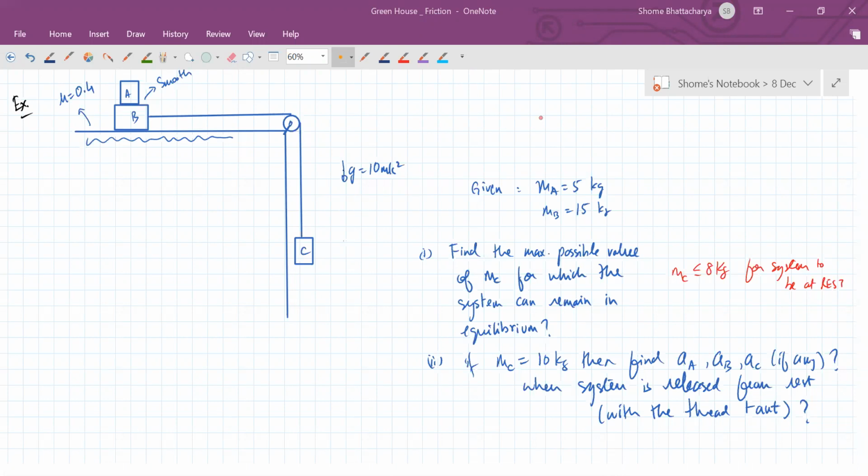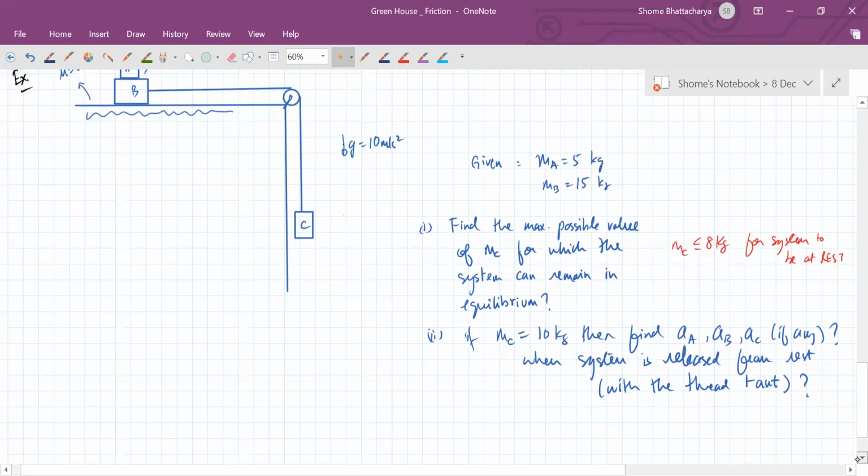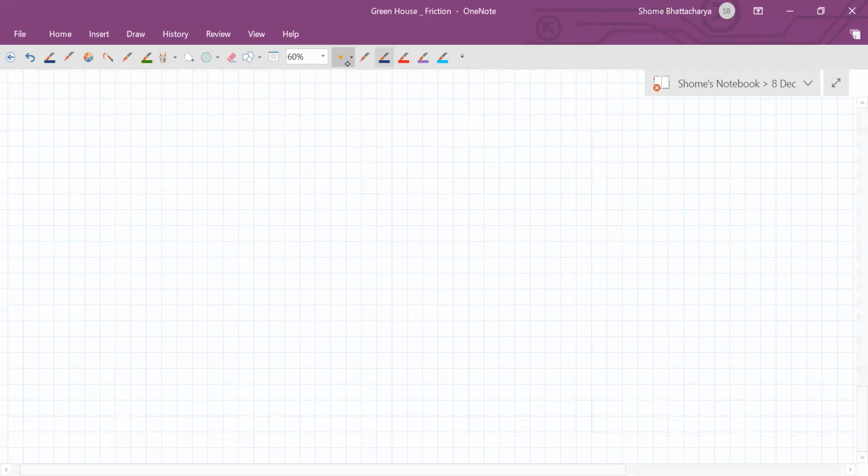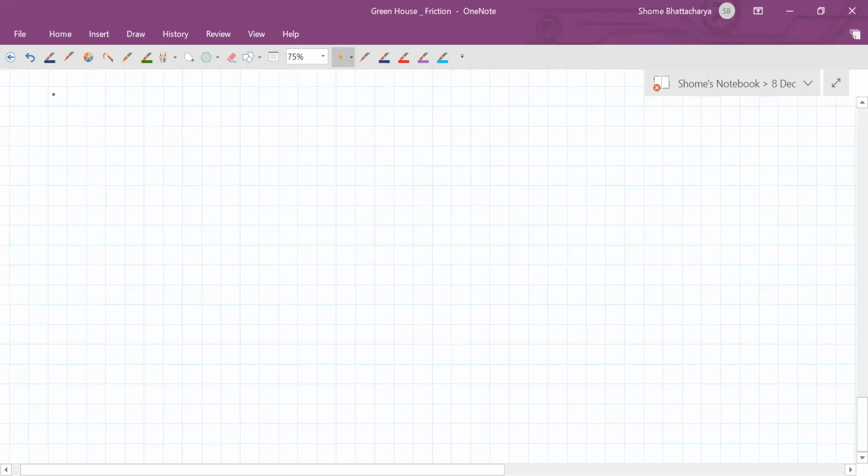Okay, so hope all of you got the first part. I'll just quickly make the free body diagrams for the first part, then we'll come to the second one. Now, one thing you have to understand in the second one, not all the blocks will have acceleration. You have to be very careful because there is no friction between A and B. So be careful before you say that all the blocks will have acceleration. So anyway, in the first part, for equilibrium,